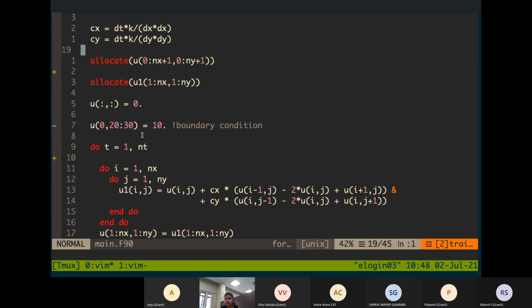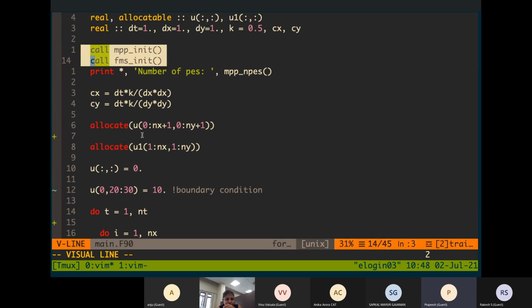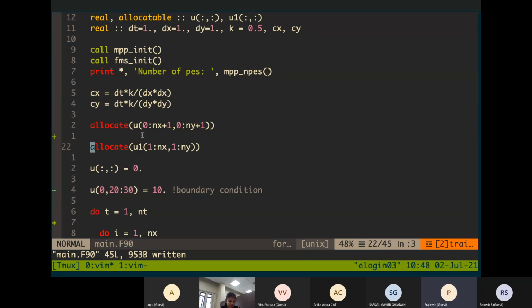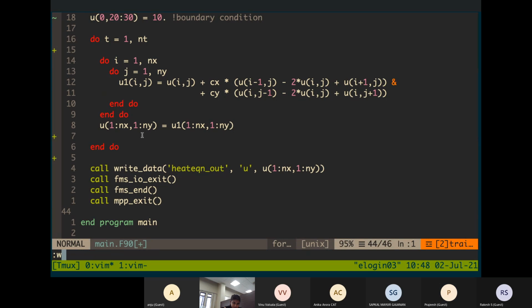Now coming to these two things. Actually, I wanted to get an output, right? I want to see whether it's doing the right thing, so I want to get an output of this u variable here. For that, I could have written it in many formats.